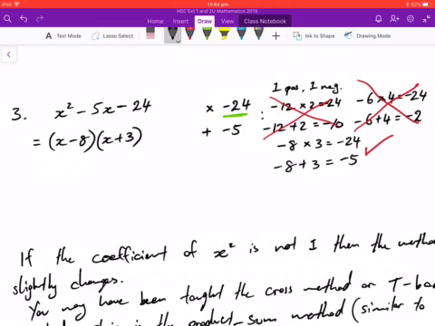And again, you can always check your own answers by re-expanding and seeing how you go. Using the FOIL method, do we get back to the original? If you do, then it must be correct. So we have that method. Now,